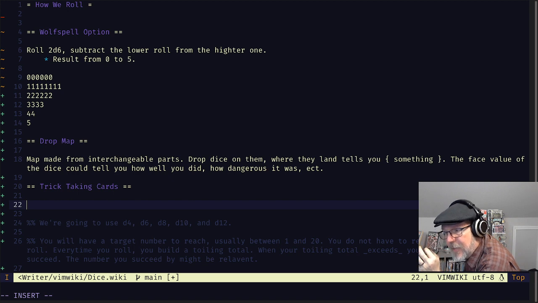But anyways, I think a trick taking card game mechanic would be very interesting for an adventuring party style game. I don't know if it's particularly well suited to this game, although again, there's definitely themes we can see. You can certainly tie maybe the color of the plastic that molded the part that you're using to a suit, or the parts themselves. That gives us 1, 2, 3, 4, 5 suits to work with.